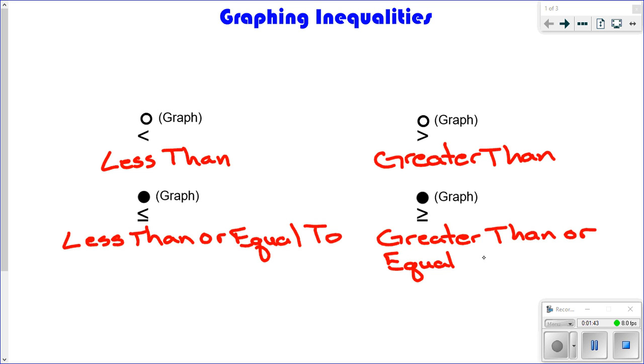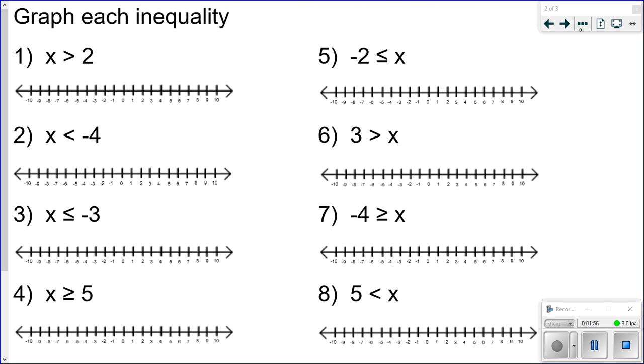So hopefully, if you're graphing inequalities, you've already been introduced to these symbols and used them before. So this should just be a review. All right, so let's get into the graphing piece then. I have several examples here for you. This first one says x is greater than 2. So since there's not an or equal to line underneath it, we're going to graph this using an open